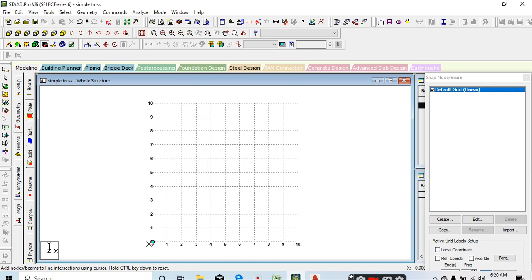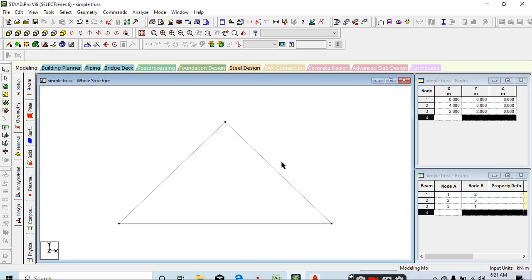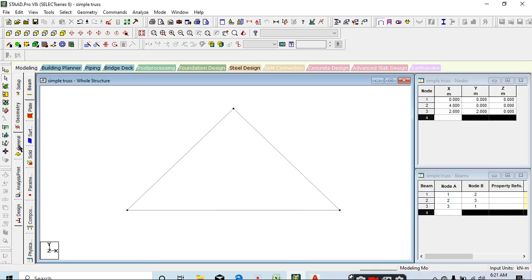Click on 0, then go up to 4 meter length. Then go to the 2 meter height at the center of that particular member. Then go to the 0. Geometry is created. Now you can assign property.